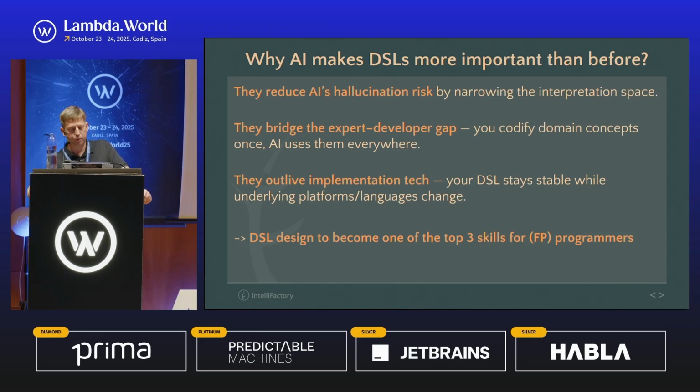All right, so why is this more important than before? So first of all, DSLs have a very high potential to eliminate or at least reduce AI hallucinations, simply because they narrow the vocabulary, they narrow this interpretation space that is used as a ground for code synthesis. They also bridge between the developer and AI, and basically, like we said, I think the biggest advantage is that the DSL is a source of truth. The specification remains a source of truth. And then from there, we use different tools, AI itself, to synthesize the code for whatever platform, whatever set of tools